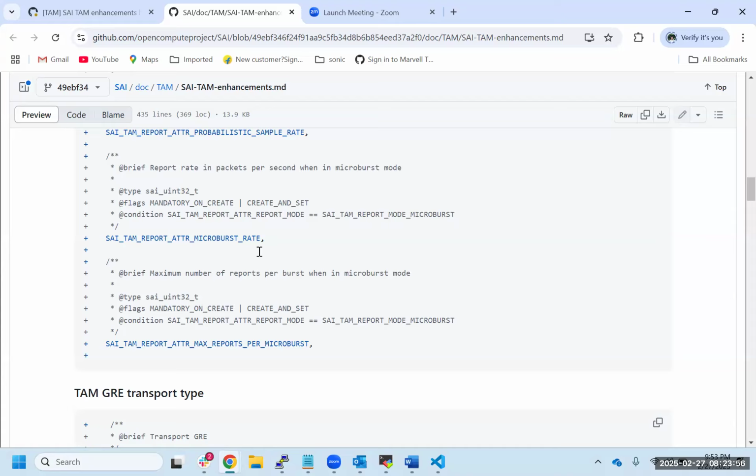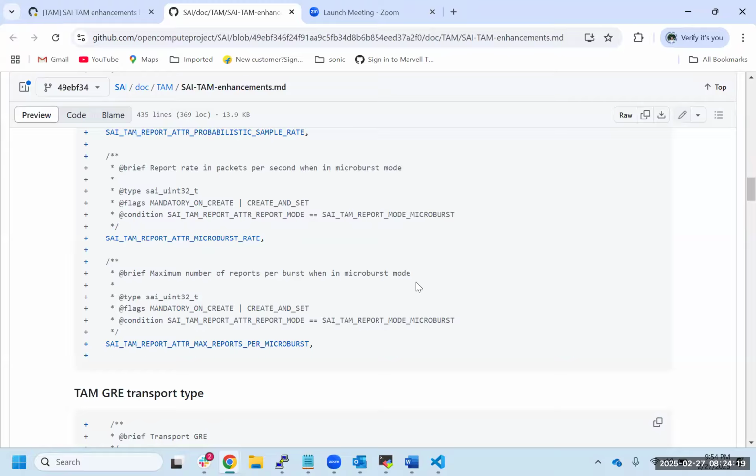I think today there's already something called the TAM threshold. When I create an event, all these are event-based telemetry, right? For event-based telemetry, I could have a TAM threshold object that lets me define when an event gets generated. In that threshold, I could just give some queue length, right?